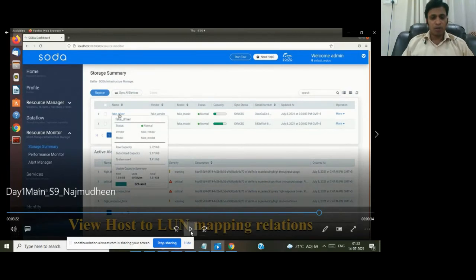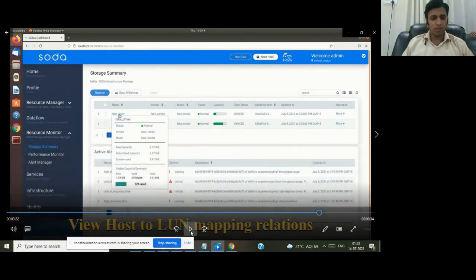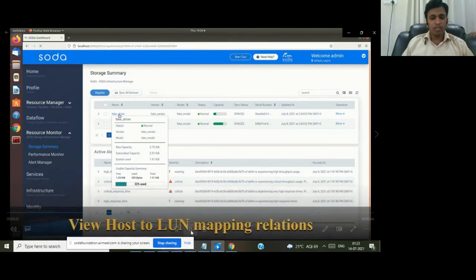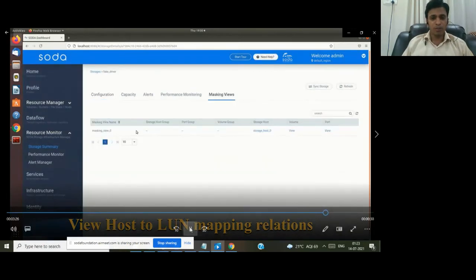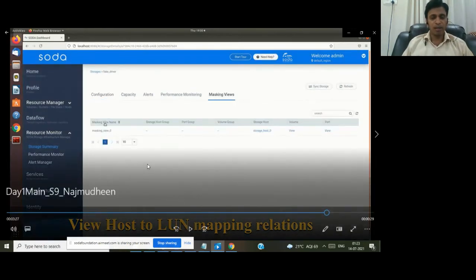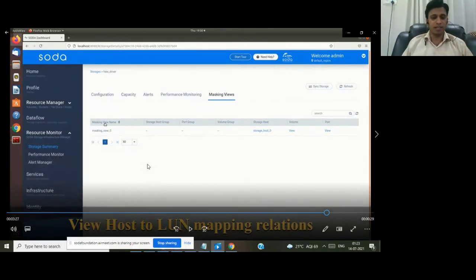Now I am moving to the next feature demonstration, that is the host to LUN mapping relation. So from Jerba onwards, our framework is enhanced to support masking view. Masking view is nothing but how the storage host and storage LUN are related.